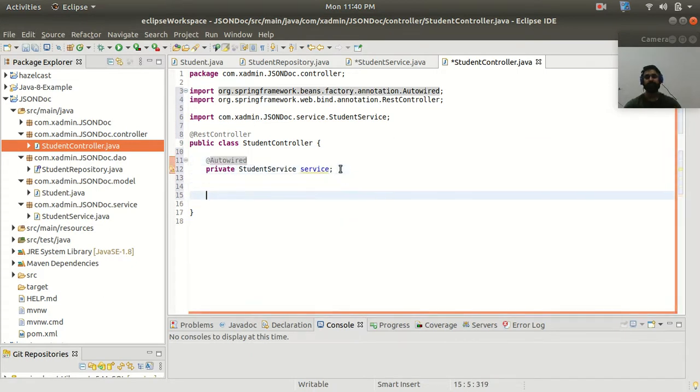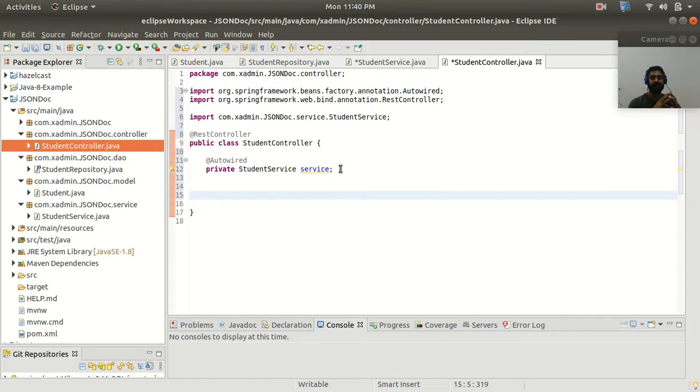So now I'm going to create the three endpoints: one to save a student, one to get all the students available in the student database, and one to delete a student according to the ID. So let's create one endpoint with the return type of String to save student.